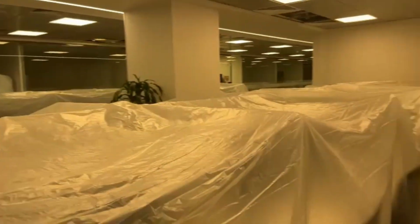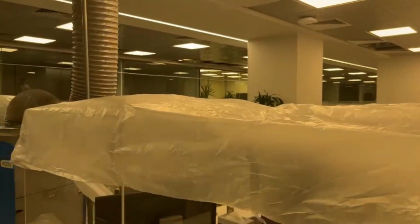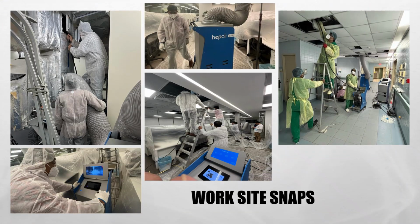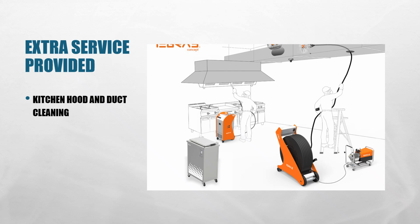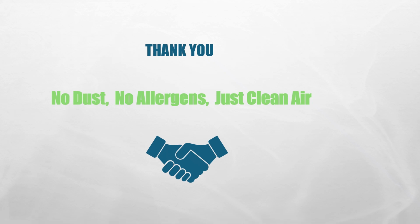The presentation probably had some figures on that, like average percentage savings. Even a range would make it clearer than just improved efficiency. So potentially lower energy bills too? Health benefits and economic ones? Potentially, yes. And of course, the direct elimination of those harmful things, mold, bacteria, allergens, plus, as you mentioned, doing it without the mess. Yeah, I've heard horror stories about traditional duct cleaning, like dust everywhere, cutting into walls. This sounds much cleaner. It aims to be much less invasive, definitely. Especially important